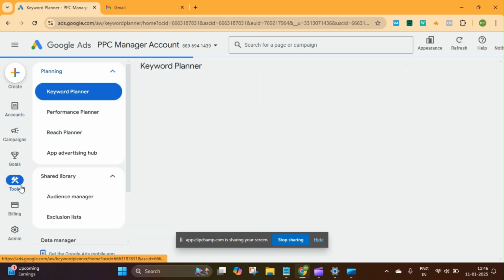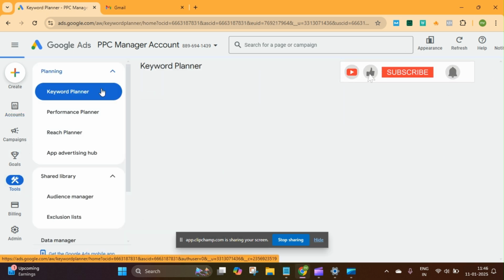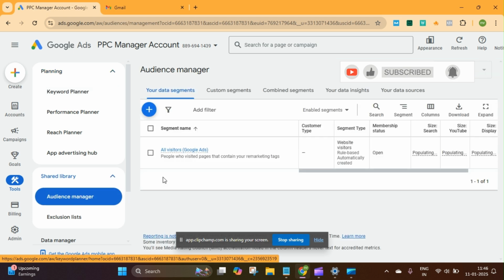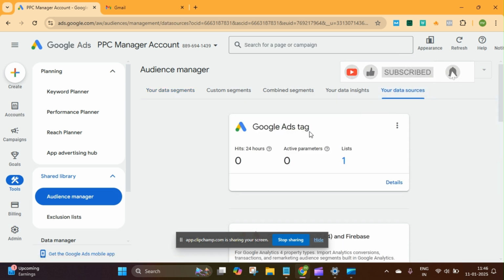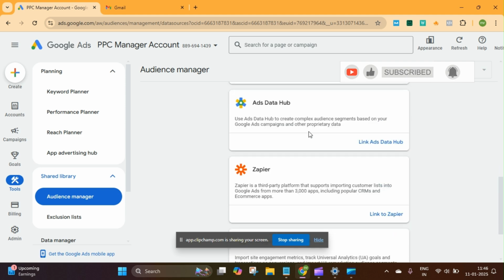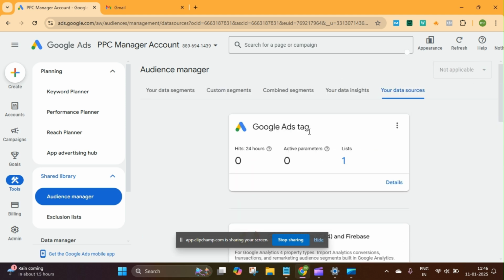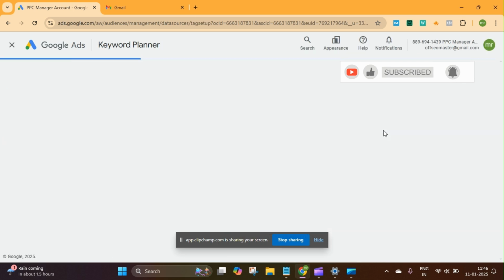Firstly, you have to go into the tools section. Then under the shared library, you can see the audience manager section. Then go towards it, and you can see the different options, right? So in the your data source option, you can click on the Google Ads tag. There are different options to link it to the Google Ads account, but in this video we are discussing the Google Ads tag. Let's jump into the Google Ads tags, and you can go into the edit data source to